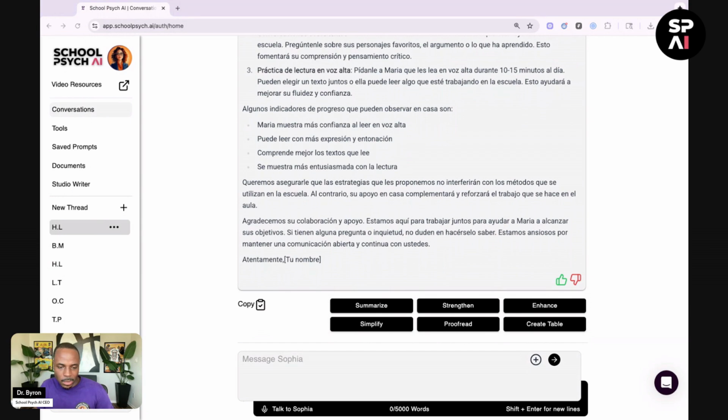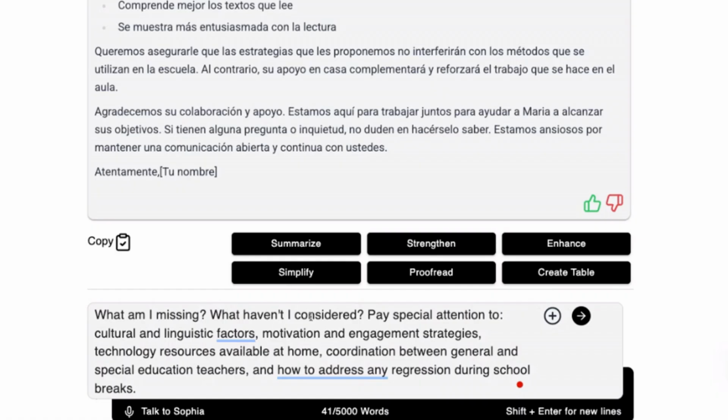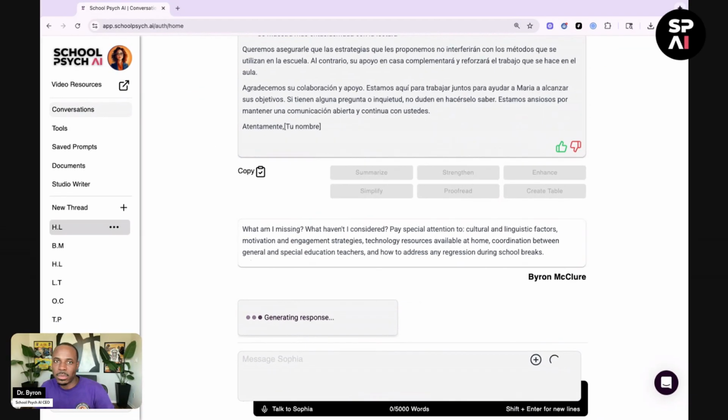And then the last thing that we'll do here for this reading fluency conversation piece, let's go ahead and say, hey, what am I missing? What haven't I considered? To me, this is one of the most powerful ways that we can use Sophia. So often we're bogged down in our day-to-day work with all the tasks that we have to do. When we can have a thought partner in Sophia that we're having a conversation with, we can ask her things